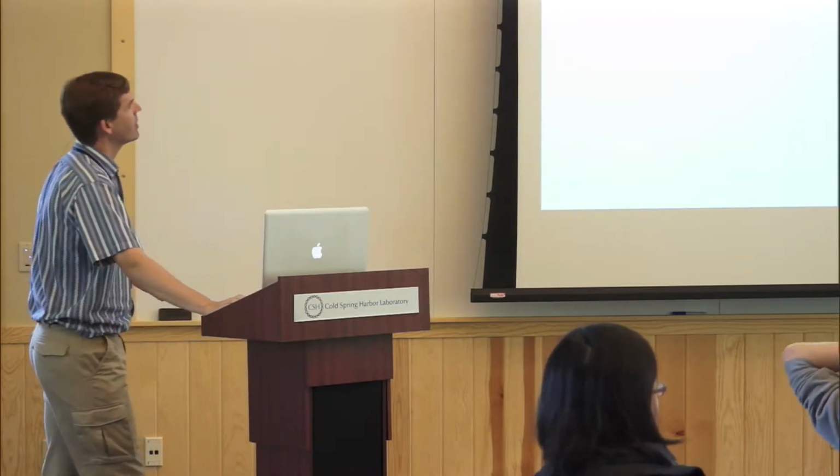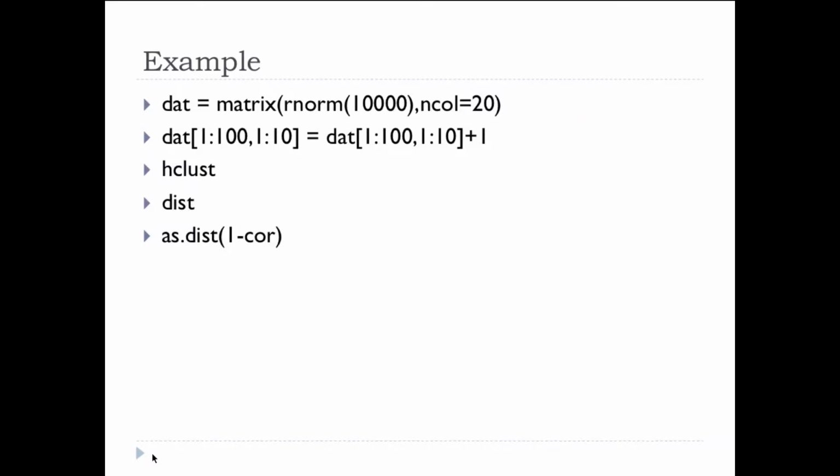Okay, so I have to put a little bit of our code in. I created a matrix. I think this should look relatively familiar. I took 10,000 random normal deviates, and I converted that into a matrix with 20 columns. So this is a data set with, say, 20 samples and 500 genes. And then to make it interesting, because this would otherwise be random data, right? I added 1. So since all of these have 1 standard deviation, I added 1 to,